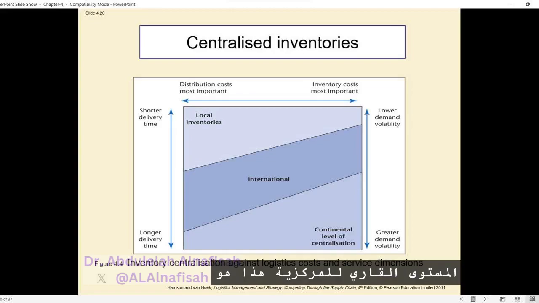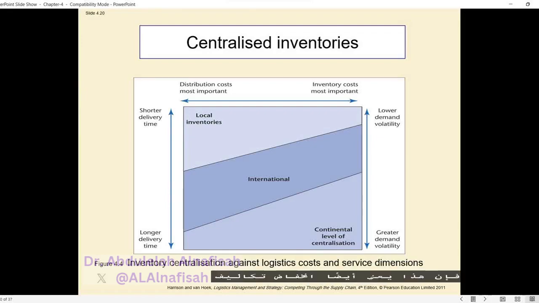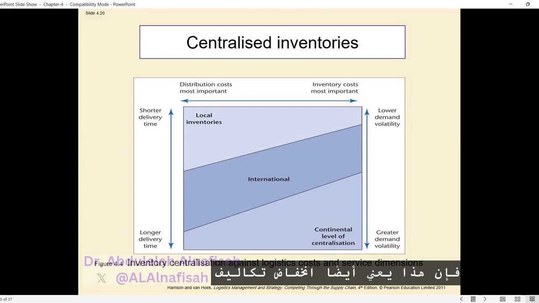Continental level of centralization. This is a level of inventory location that involves centralizing inventories at a continental scale, such as Europe or Asia. This means that delivery times are longer and customer service levels are lower, as customers have to wait longer for their orders. However, this also implies lower distribution costs, as fewer facilities and transportation are needed to maintain them. Continental level of centralization is more suitable when inventory costs are more important than distribution costs, and when demand volatility